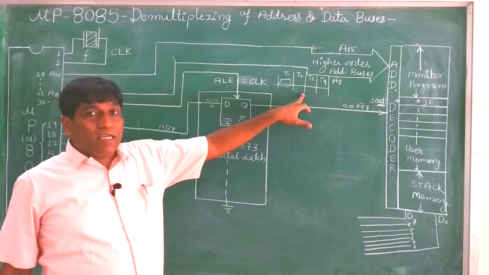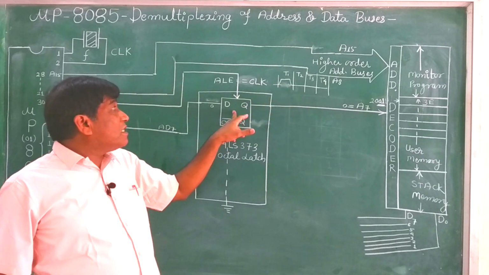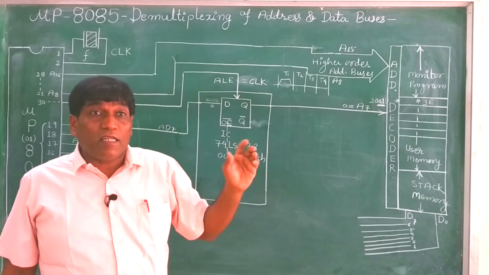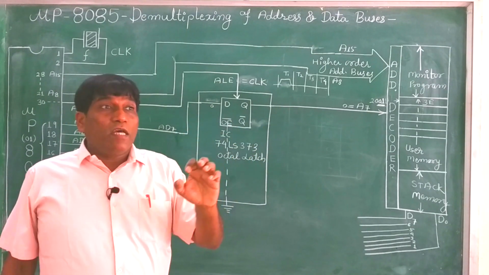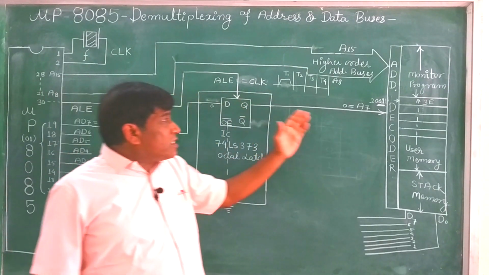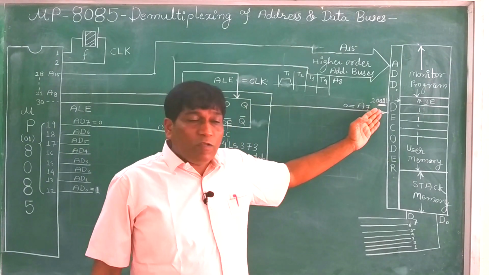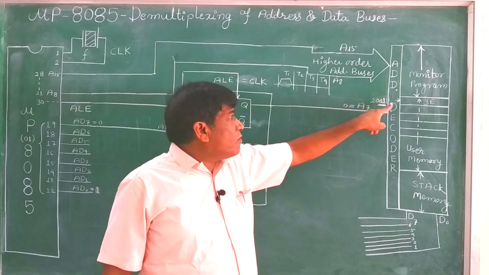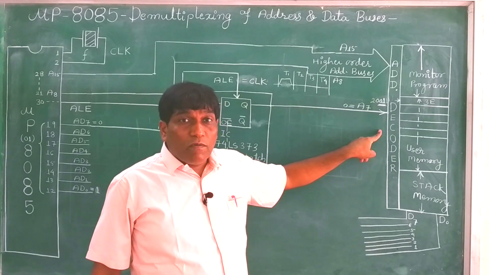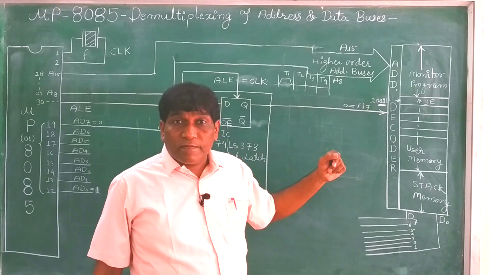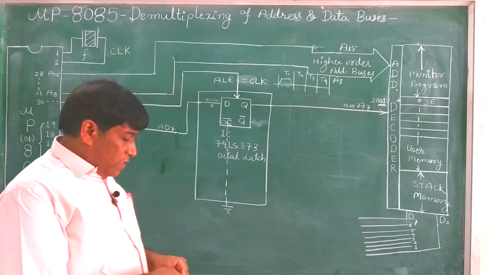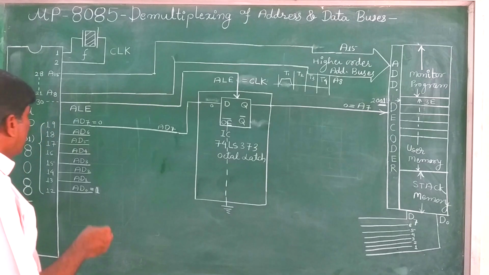ALE is actually controlling this address flow, and the address is held whenever the clock is not activated. The clock for this D flip-flop is actually the ALE signal. The real clock is not used. If we used that clock, it would change every time, and this pointer and this address would change. Sometimes during T1 it would point to this location and during T2 to some other location, because these contents are changing. So this should not change. In this way, now we can move ahead.